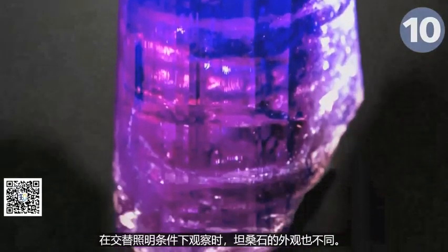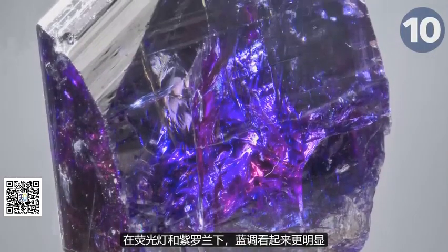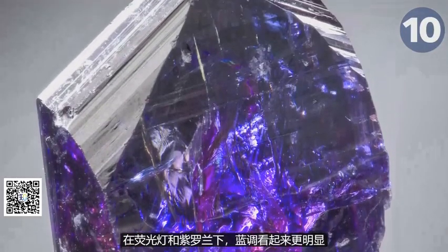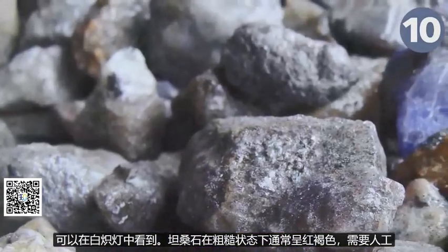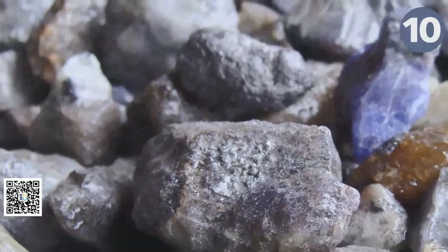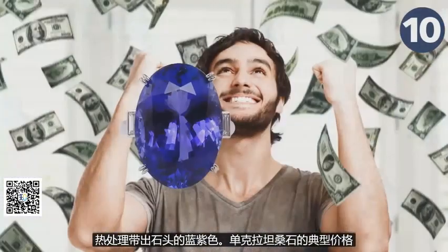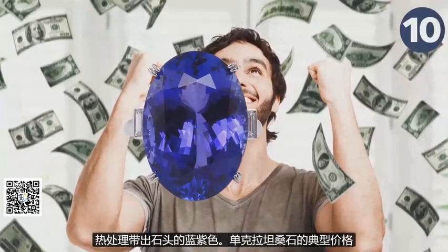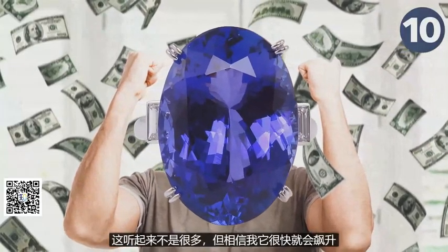Tanzanite also appears differently when viewed under alternate lighting conditions. The blues appear more evident under fluorescent light, and the violets can be seen in incandescent light. Tanzanite is usually a reddish-brown in its rough state, requiring artificial heat treatment to bring out the blue-violet of the stone. The typical price of a single carat of tanzanite is about $300, which doesn't sound like a lot, but